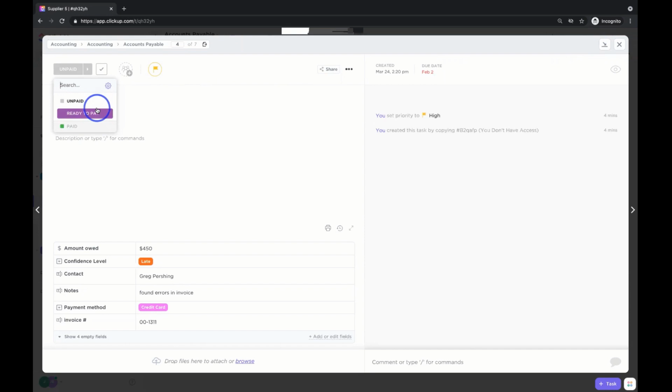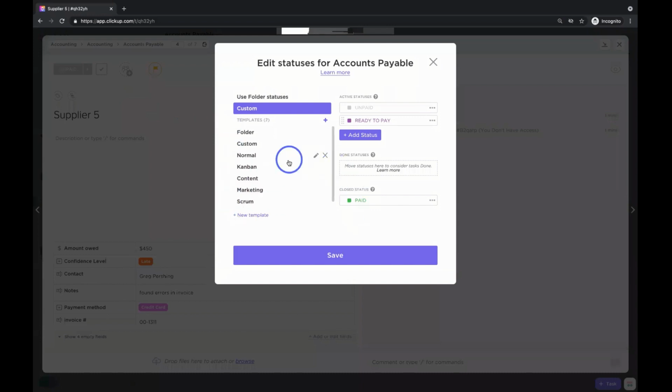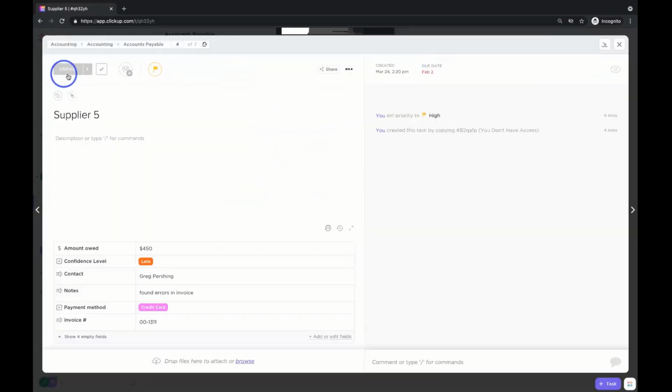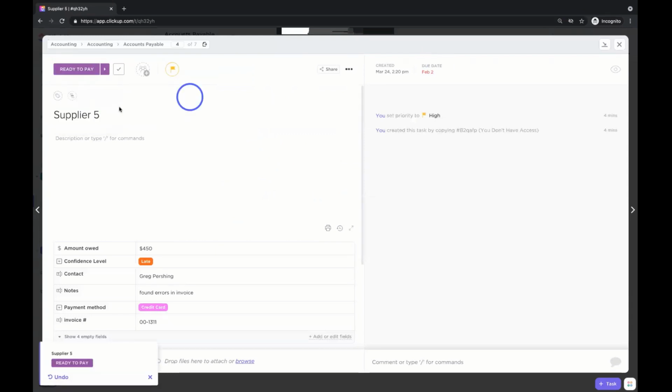We can create specific statuses for the location of the hierarchy we are located. If we click the little gear icon here, you'll be able to see those statuses which are currently available to us. As we said, unpaid, ready to pay, or paid, right? We can always create custom ones, use different ones, go through what's ongoing. But the general idea is you want to use these statuses because these statuses are status updates, especially if you're collaborating with others. This is the best way to let people know what stage or what you're working on or what's happening with what you're working on, okay? These statuses are incredibly important as well for things like reporting because you can report out on what tasks are in what particular stage or ongoing. Statuses are a best practice.